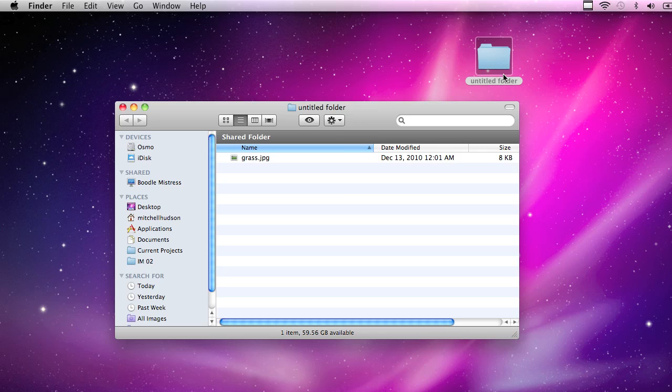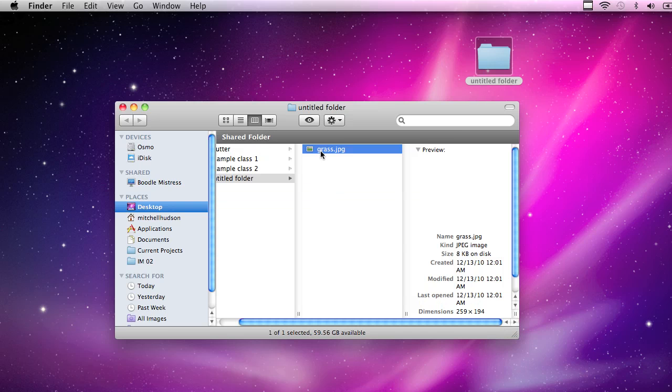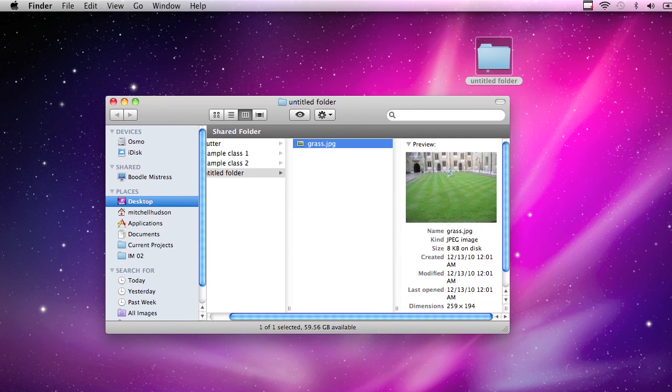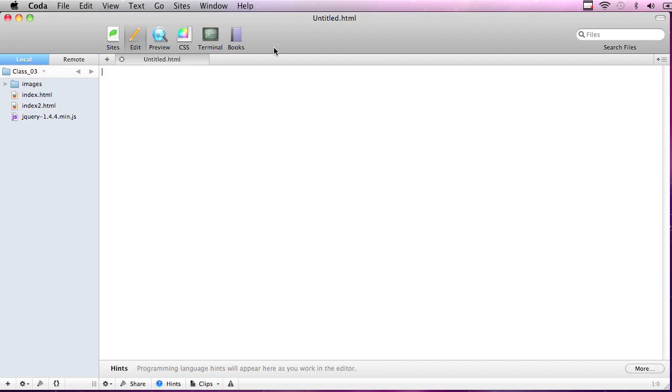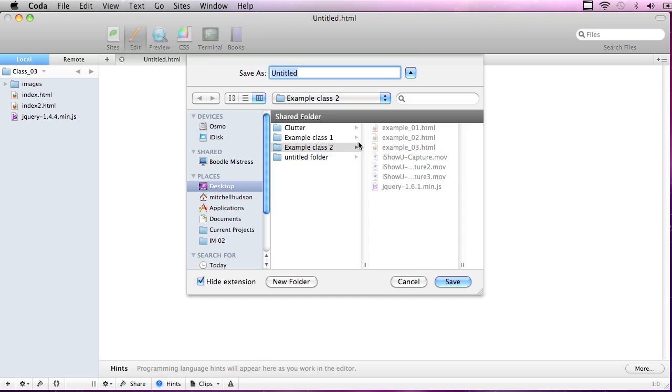I have a folder here on my desktop, and I put an image in here of some grass. It's just a picture. It looks like this, and I'm going to use that for my examples, okay? So I'm going to use Coda as my HTML editor today, and I'm going to make a new Coda document and save it to the folder here where my grass is located, and I'll call this